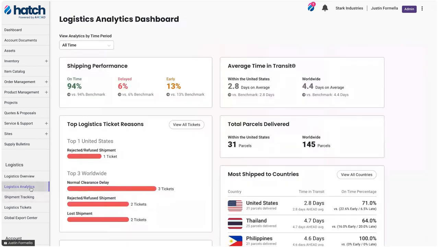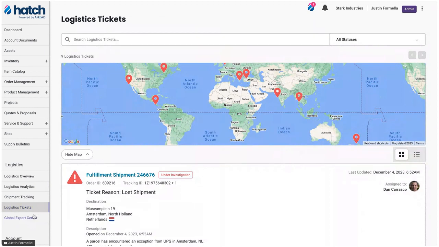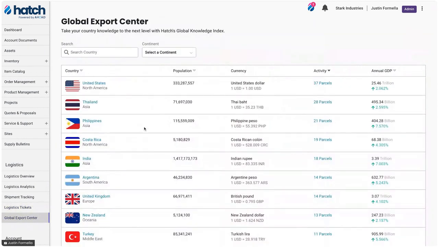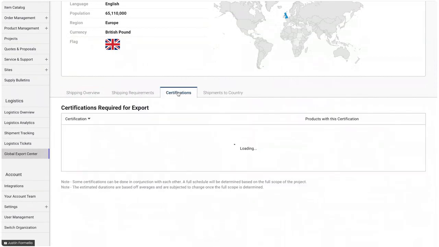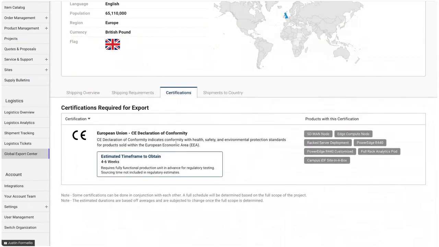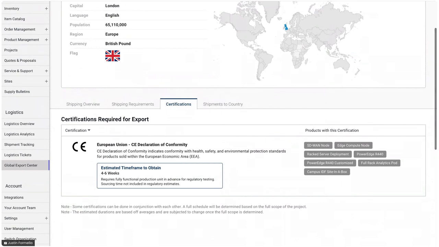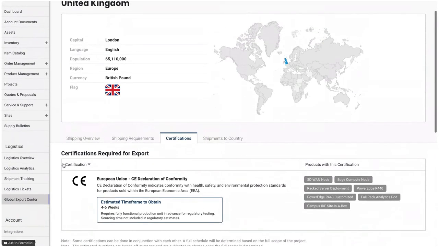Along with that, there's a host of analytics that come into play. There's details on all the tickets that may come along with that, and even detail on export. Once it comes down to moving beyond just the domestic market, we have a full suite that helps get into any possible market that's out there, and all the details on what needs to be done to ship into any possible region, even down to power requirements within the region, the shipping requirements and the certifications and regulatory conformity requirements that are needed to ship into pretty much any area across the globe.